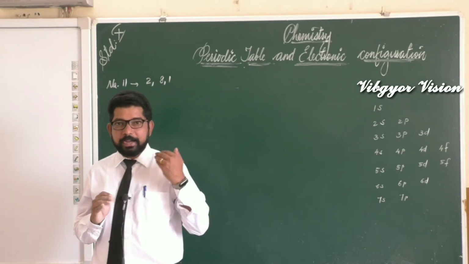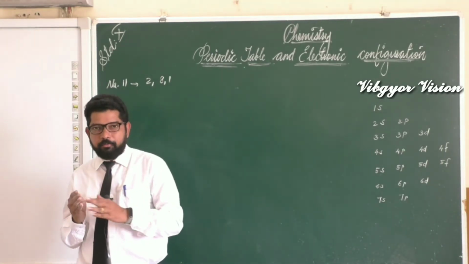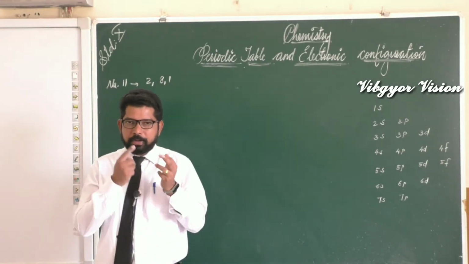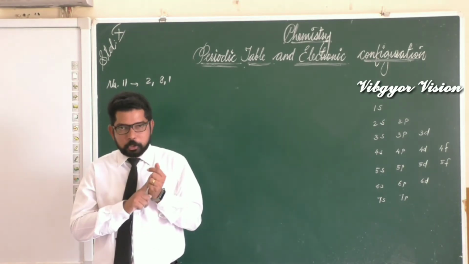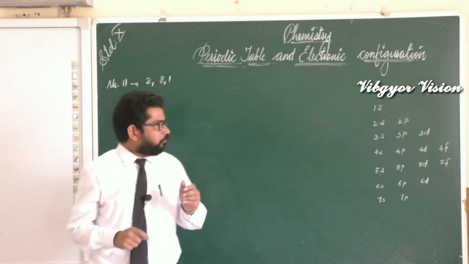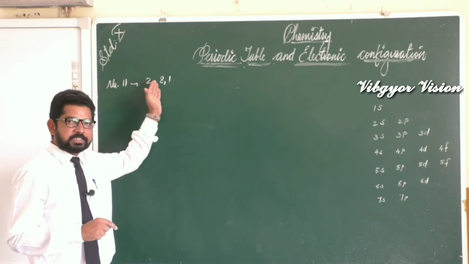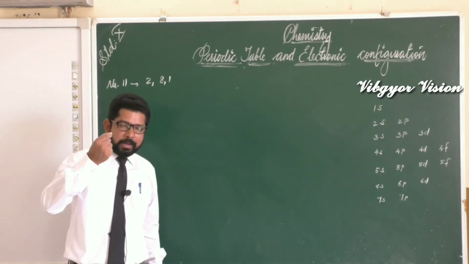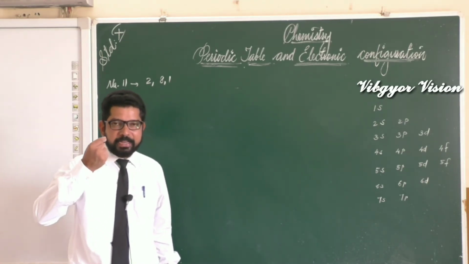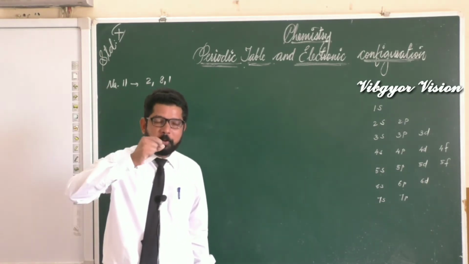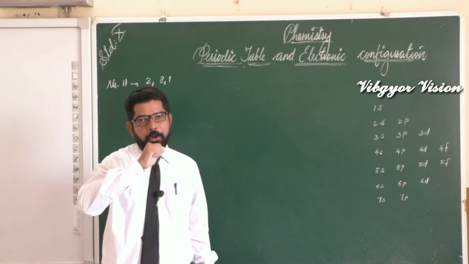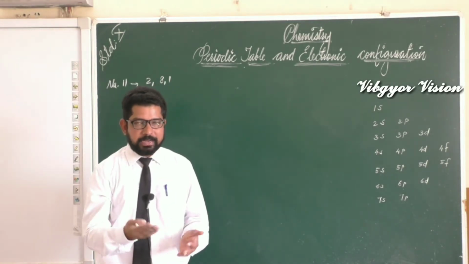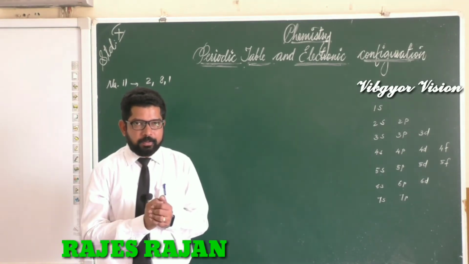Last year we studied different models of the atom. We studied Thomson's model of atom, Rutherford's model of atom, and Bohr's model of atom. We wrote this electronic configuration based on Bohr's model of atom. So remember, this year we are studying that this Bohr's model also has some drawbacks. So let us see what they are.